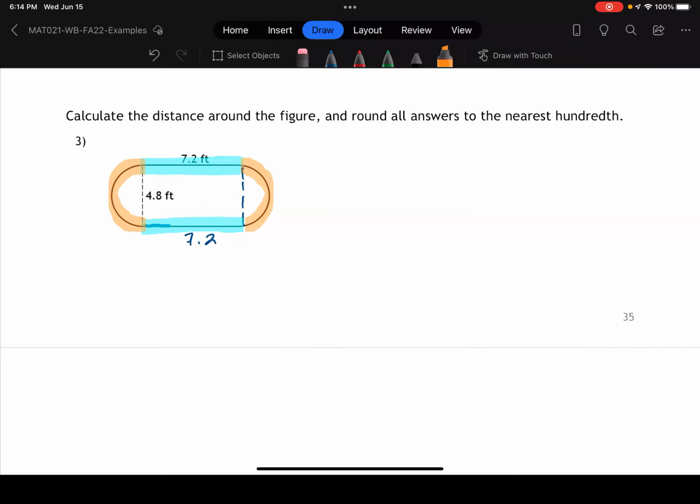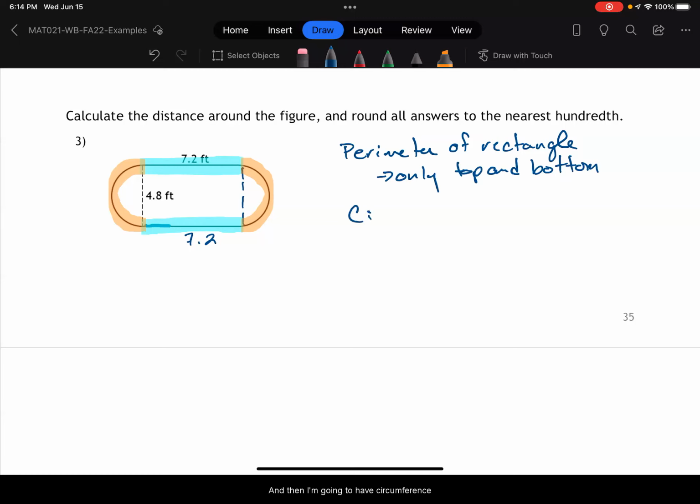Now if I put those two orange pieces together, as I've highlighted them, they'd make a whole circle. So I can just find the circumference of my whole circle. If I only had part of a circle, then maybe I'd have to divide it in half. But since we have the two halves, we can use that as one circle. So when I'm doing this, my perimeter is going to have the perimeter of the rectangle, but for this, only top and bottom, not the end pieces. And then I'm going to have the circumference